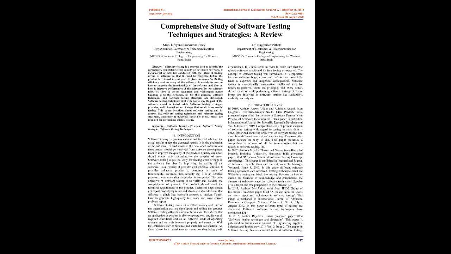Dr. Bageshree Pathak, Department of Electronics and Telecommunication Engineering, MKSSS Cummins College of Engineering for Women,